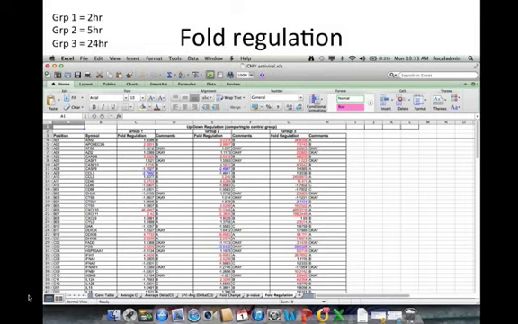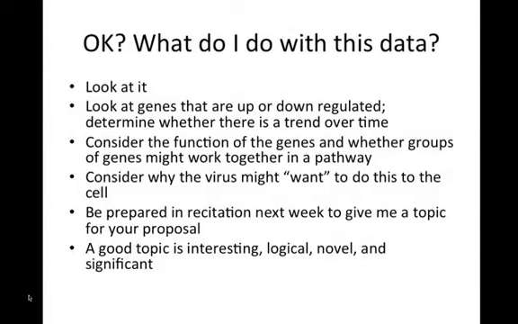Okay, so that's what the data looks like. I want you guys to spend some time looking at it, familiarizing yourself with it, and trying to figure out what you're actually doing. Okay, so what do I do with this data? What are you talking about? I definitely had a lot of people at the end of the project last time say to me, I was so lost until the end. I felt like I had no idea what was going on until the last minute. That was unfortunate, but I guess sometimes you have to go through that to get to understanding. So if you're lost, come to me quickly, so we can get you unlost.